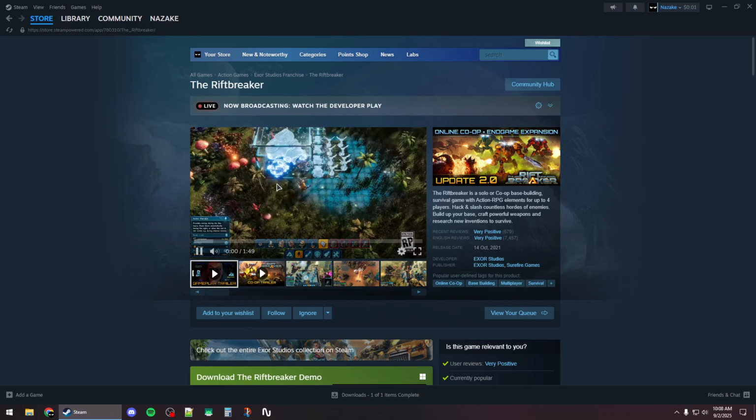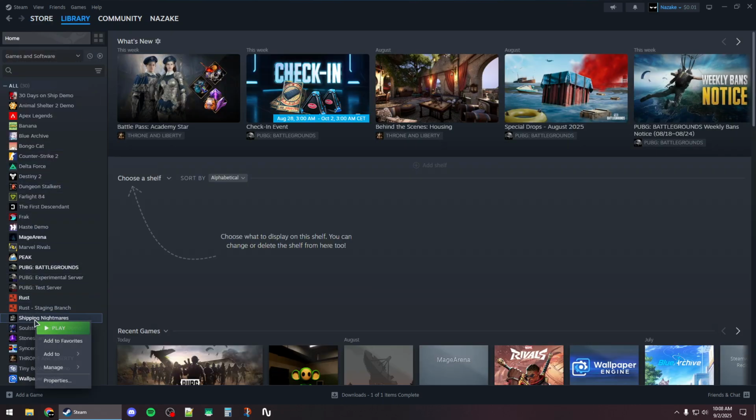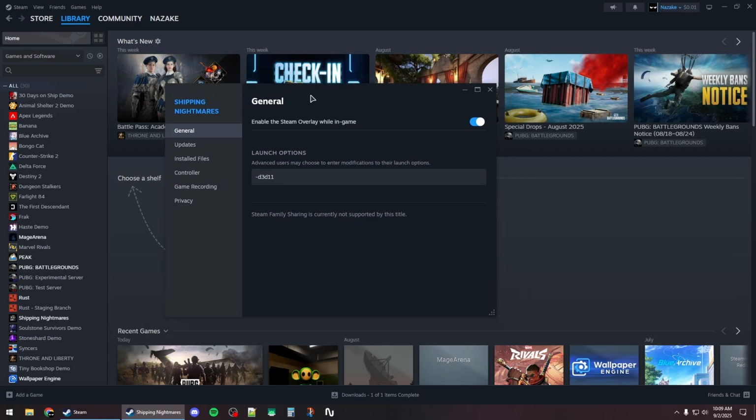How to fix the Riftbreaker crashing on Steam. So first you want to right click on the game in your library and then open up the properties window,